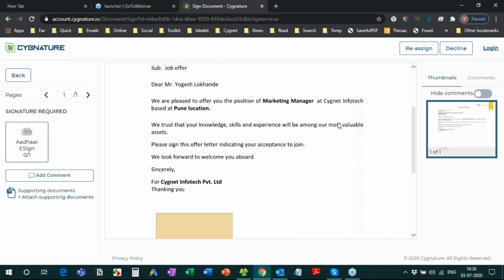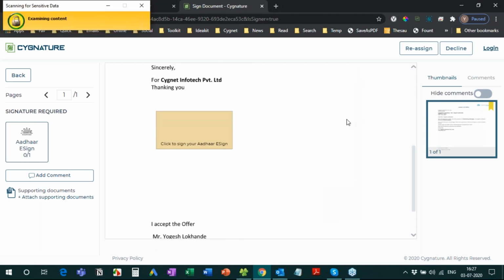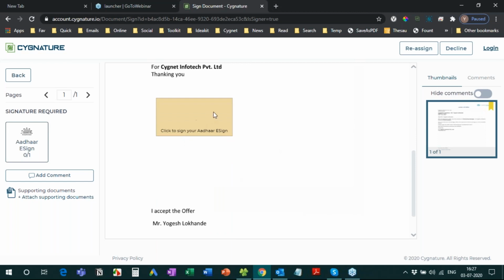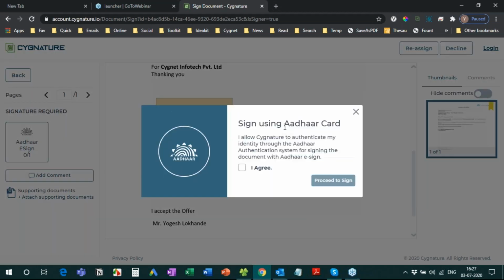Okay, fine. I have received an offer letter. Thank you so much. Where's the salary details? Doesn't seem to be there. No issues. Let me accept it. The point is to show a demo of Aadhaar. Okay. So it seems I need to click one more checkbox. Okay. Proceed to sign.